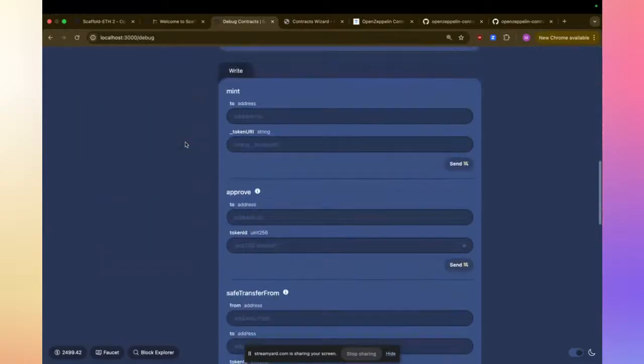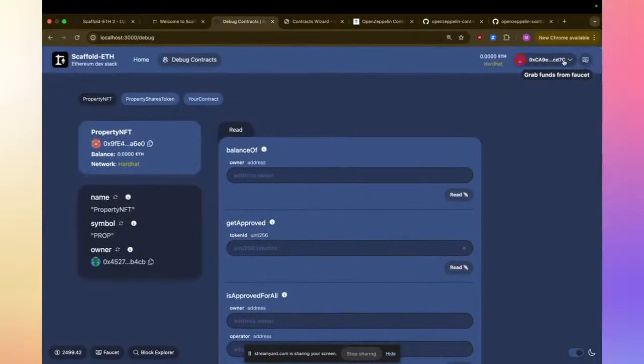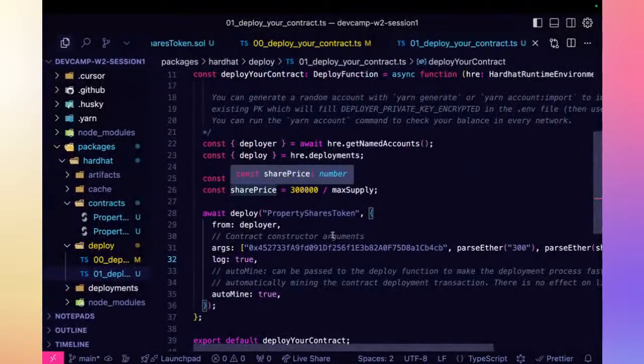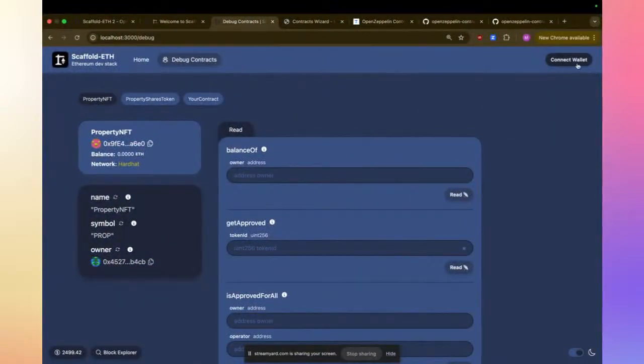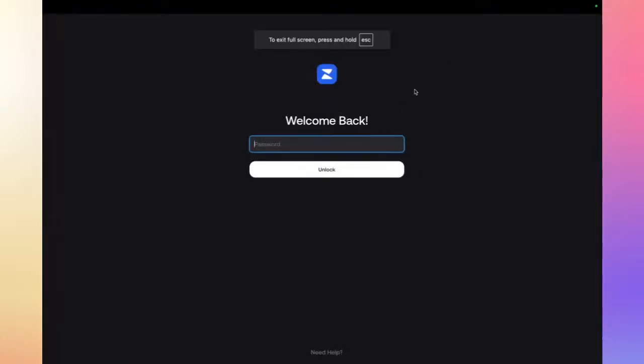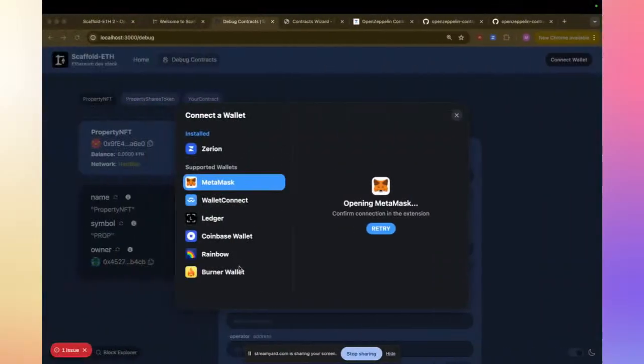Let's say we want to mint. Let's mint to myself. Oh, this is not the burner wallet that I put. No, I'm not going to be able to do it. Okay, and let's comment. Oh, my bad. I want to use the burner wallet.